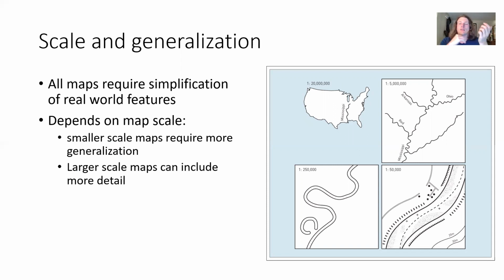And if you do 1 to 500,000, you've got a really zoomed in version of the map. You might even have to represent different features within the channel, like sandbars, features along the shoreline of the river, like buildings or docks or things like that. And so the difference in scale really is going to govern how much information we need to include, how general we can be, how we have to look at